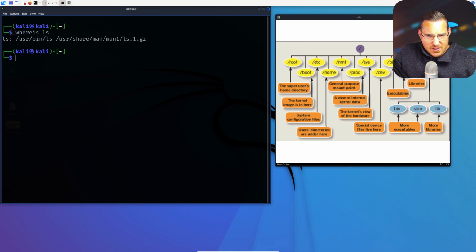Otherwise, for system administrators and things like that, it's just a matter of practice. Just go through the file system, look for certain things you need to do, have a look at changing privileges on files, changing privileges on folders, changing privileges on users, changing passwords on users, creating users, all those sorts of things. But the general idea is that once you have a good understanding of the file system, all of that other stuff becomes